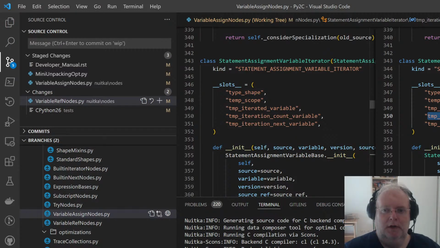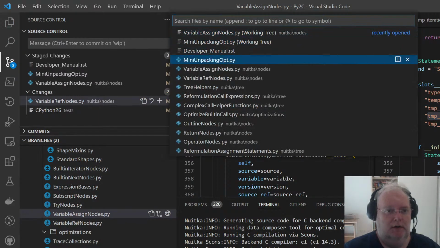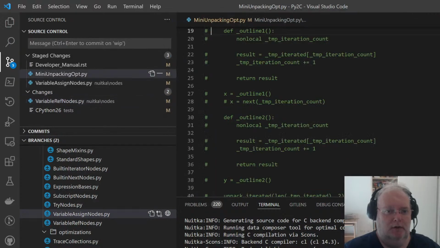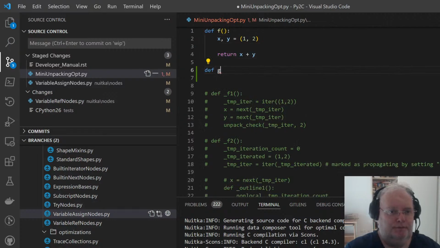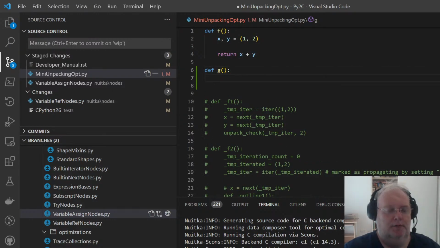It hopefully gets removed. But it may not get removed because of branches. So I guess I just removed the G, but if I had branches in here, I would